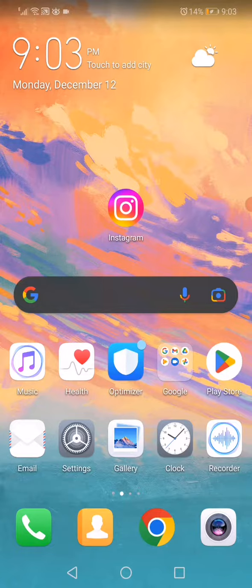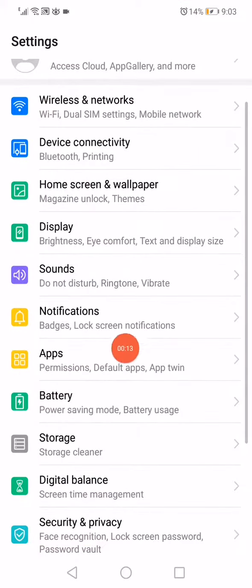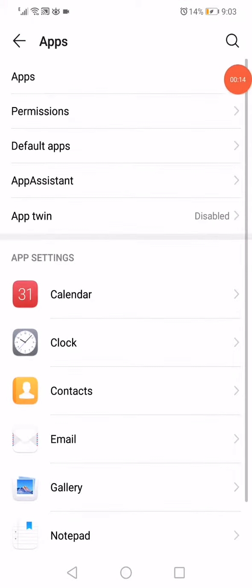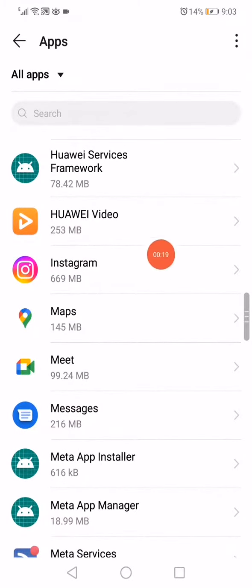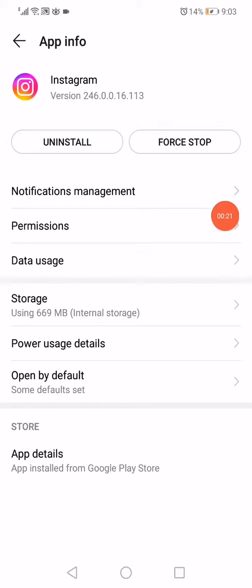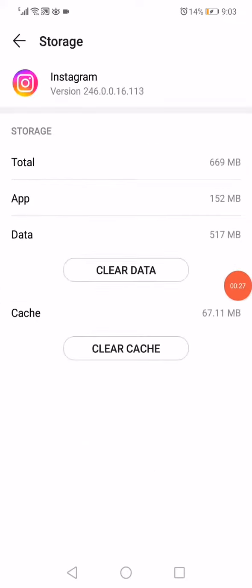Hello guys, so to fix this problem, it's actually very easy. Just open the settings on your phone, go to the apps manager, go to the apps. Right here you will find all the apps as you can see. Just go to Instagram, and now all what you have to do is click on force stop. When you click on force stop, now go down to the storage, click on clear data and clear cache,